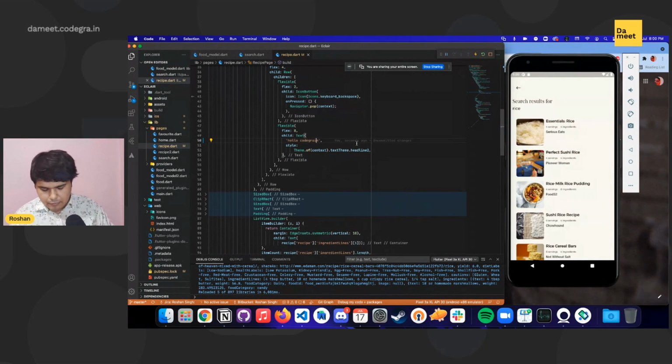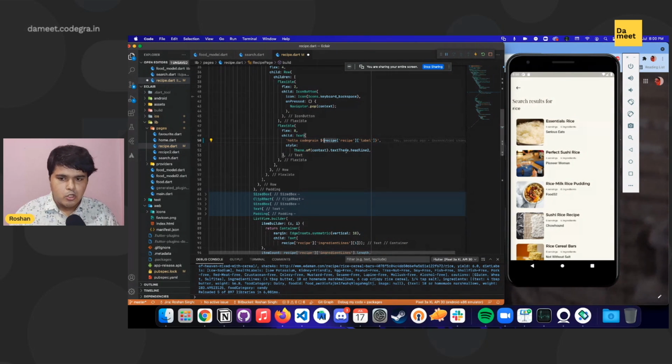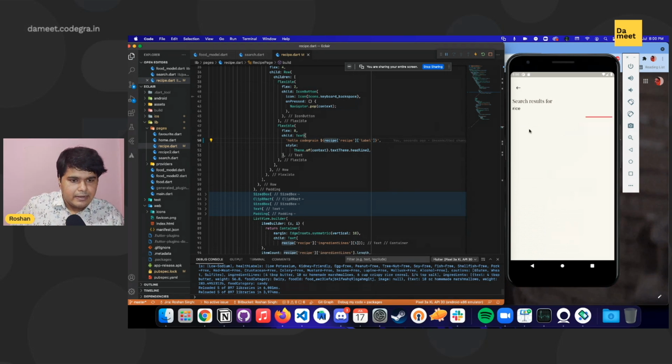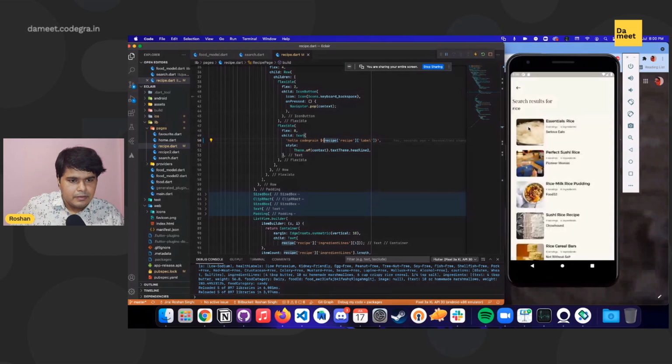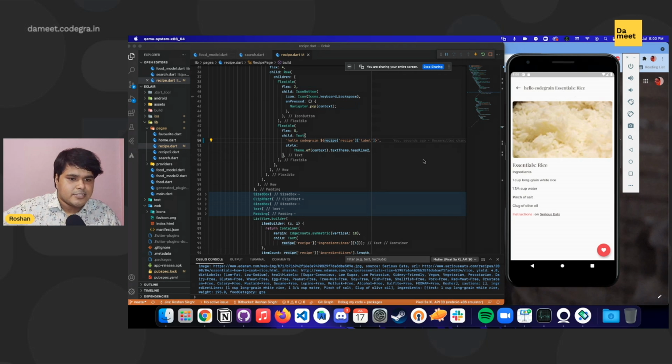Another way you can handle text in Flutter is something which I would want to show you, is using these set of characters over here. It will take care of whatever the label of the recipe is. Once you get into that particular recipe, hello code green essential rice.